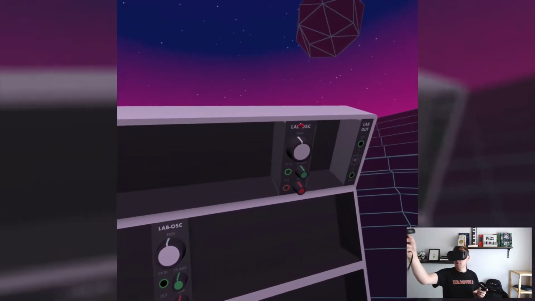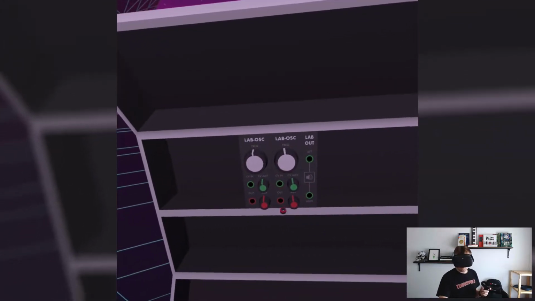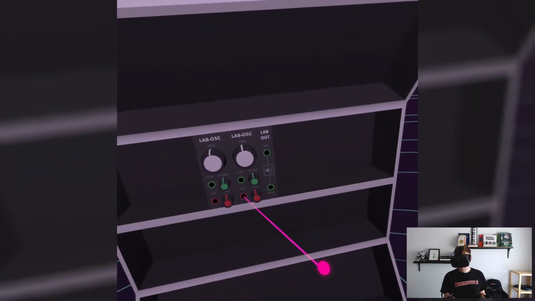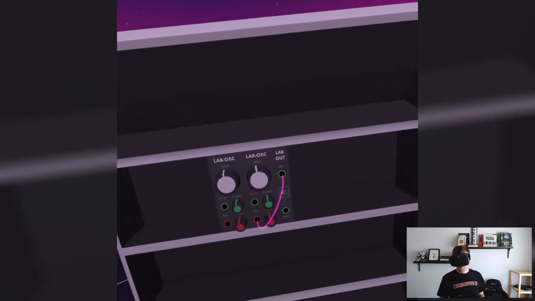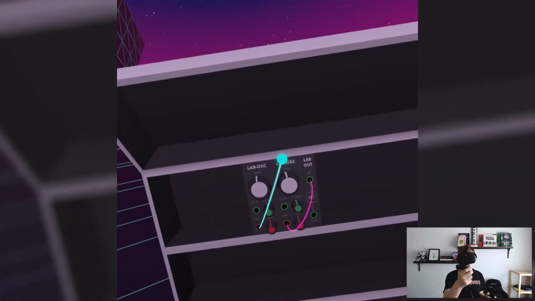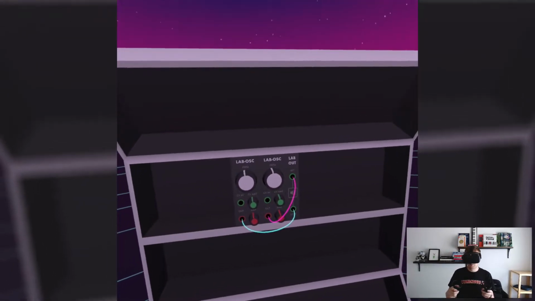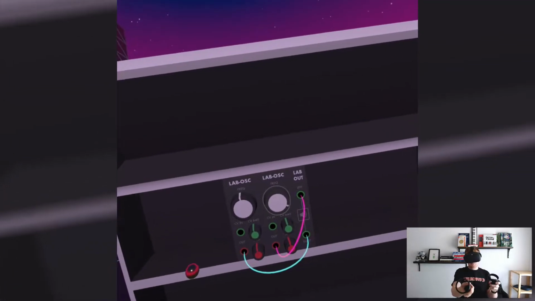So I'm going to put these here, and I'm going to put my output here, and you can see, well, here I have my connection. I can change the color. So now I have a red connection. I'm going to pull that into the left, and I could take this and make it a green connection, and I could pull it into the right channel. Oop, there we go. I'm going to teleport myself a little bit closer here, and